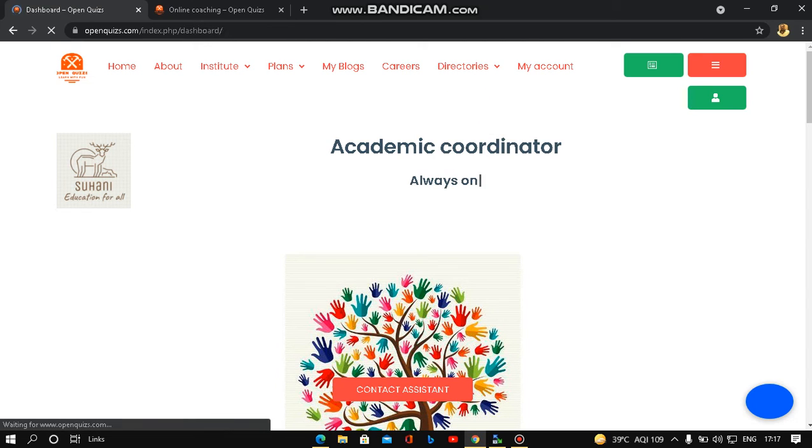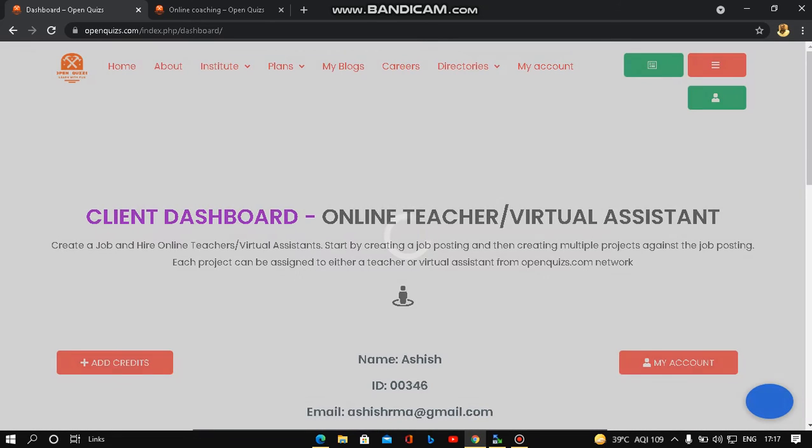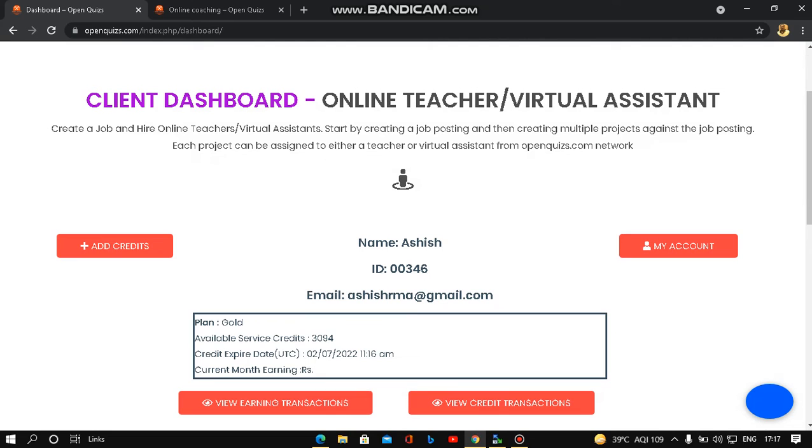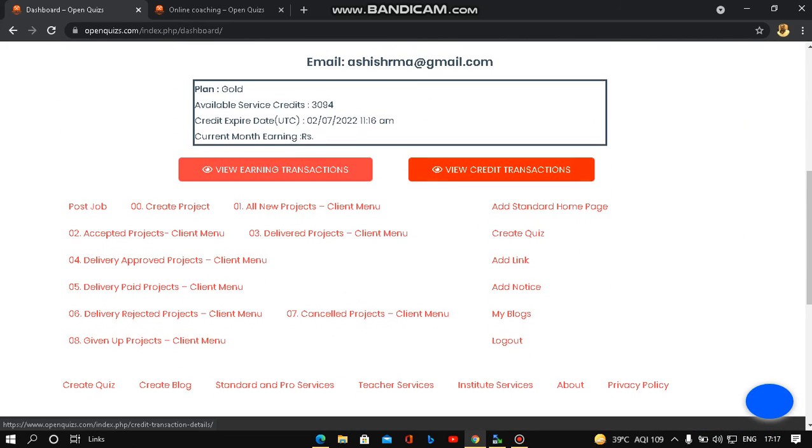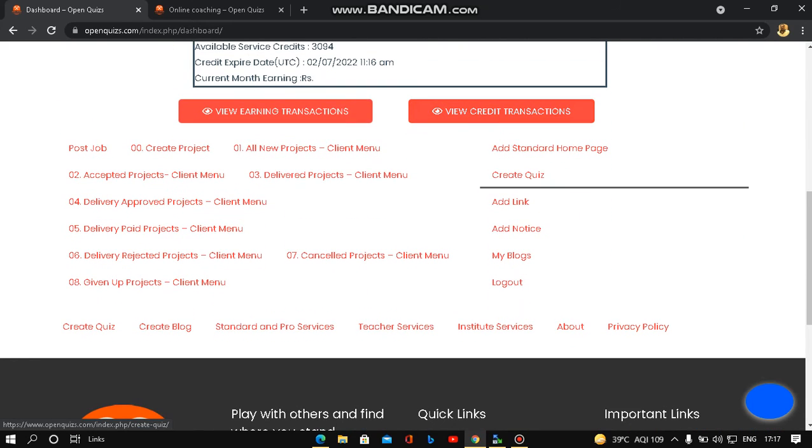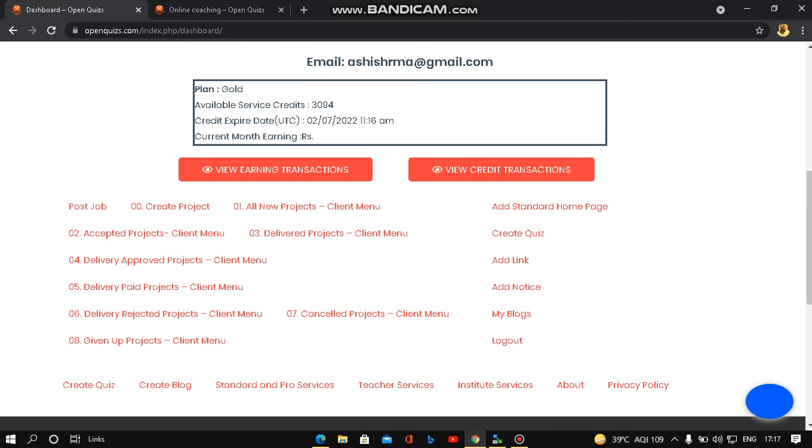Now we also provide a safety for you. Suppose the person accepts the job but leaves in between. What will happen? In that case, a 10% penalty will return back to you. A penalty would be charged to the teacher who left the job in between. You assigned a project to him but he couldn't do that, so that 10% money he will pay as a penalty to you, and that would be added to your service credits.